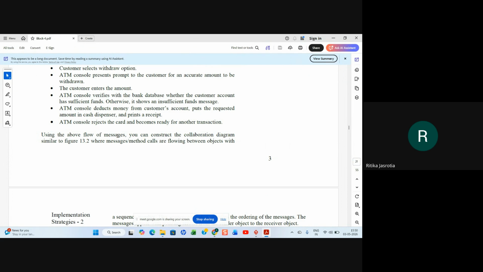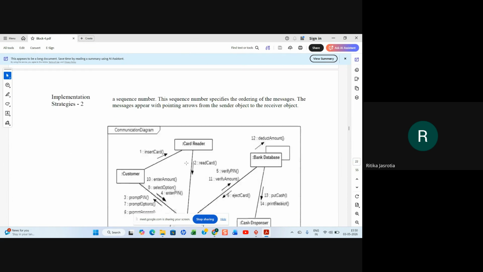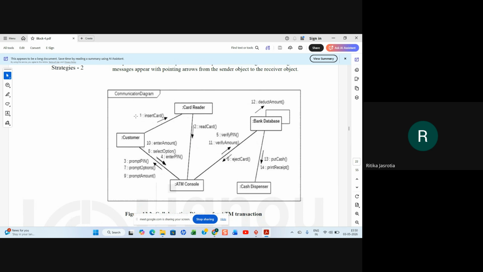So the above flow, if you have to make it in a collaboration diagram or communication diagram, it will be customer, card reader, ATM console, cash dispenser, database. The customer inserts the card, and the message number should be given. The card reader reads the card. Second message, the ATM console will now prompt the PIN to be entered by the customer.